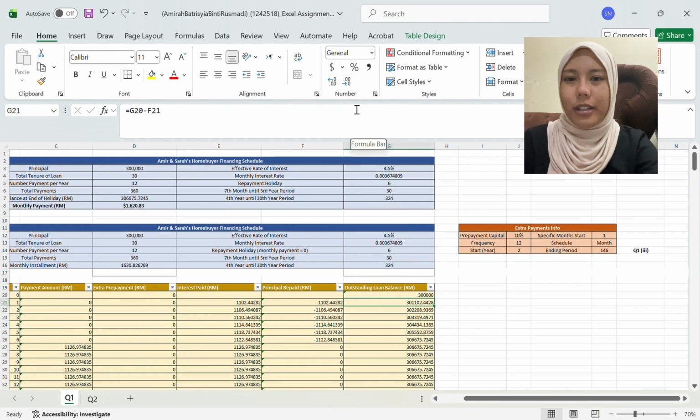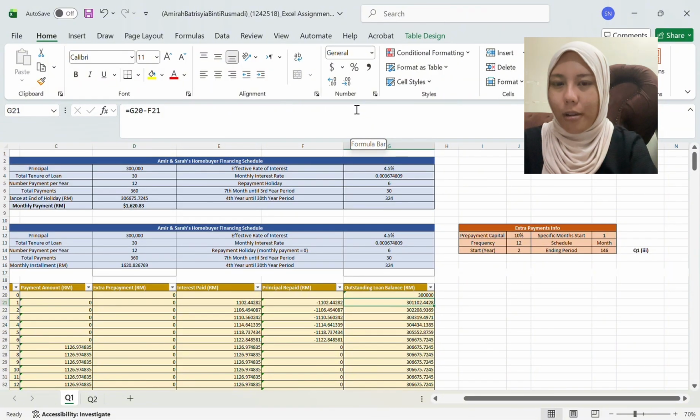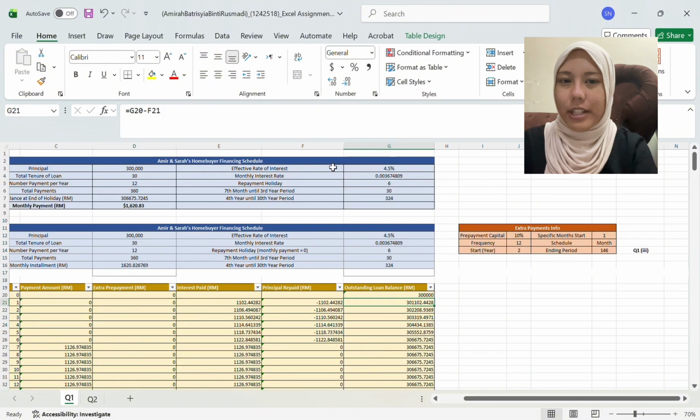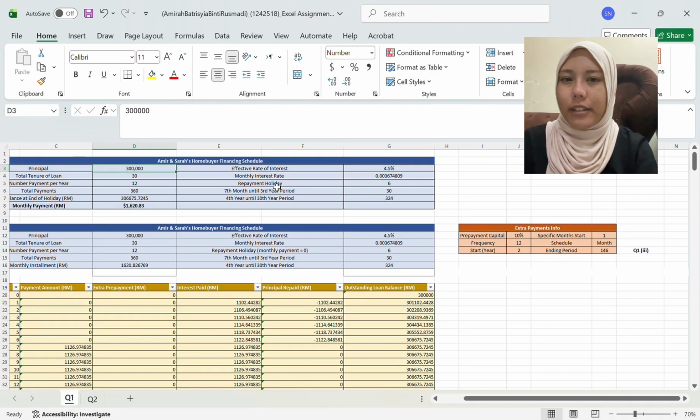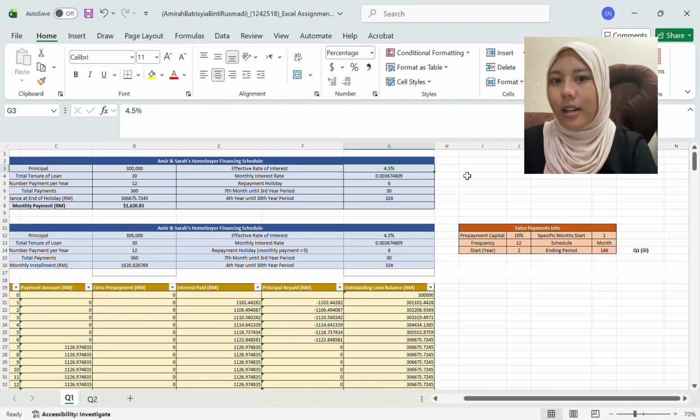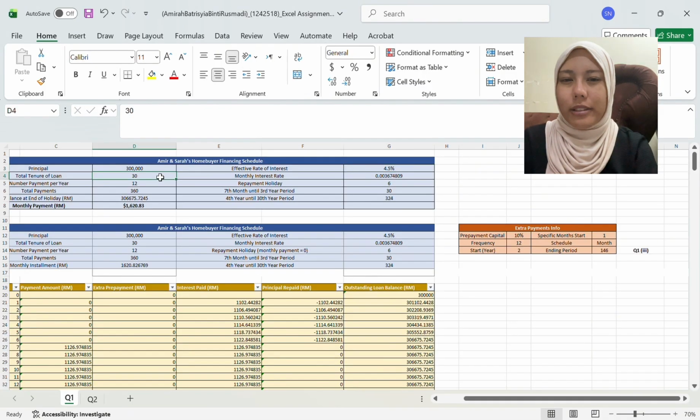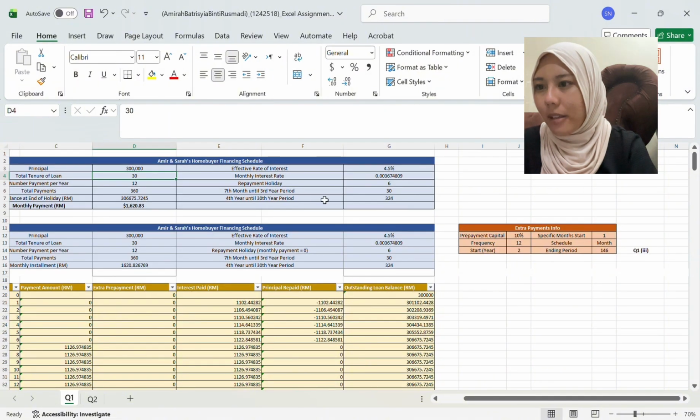First, to lay the foundation for question 1, our baseline loan parameters in the spreadsheet are an initial loan principal of 300,000 in cell D3, an effective annual interest rate of 4.5% in cell G3, and a total loan tenure of 30 years or 360 monthly periods in cell D4. Cell G5 here,